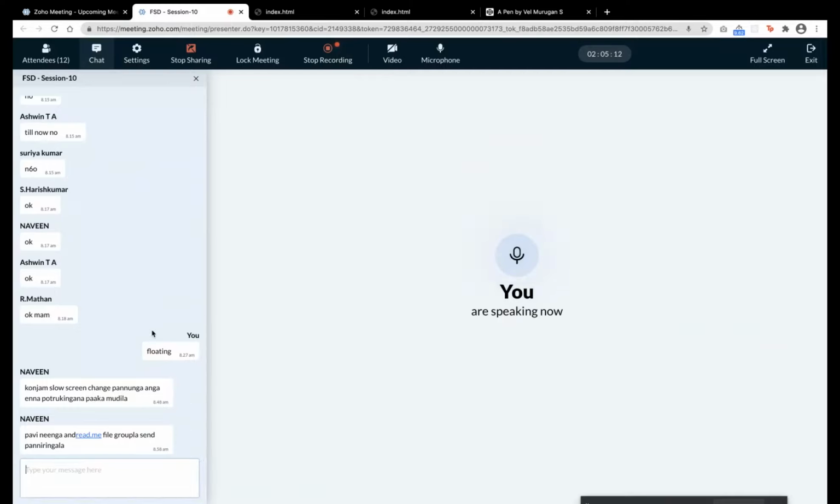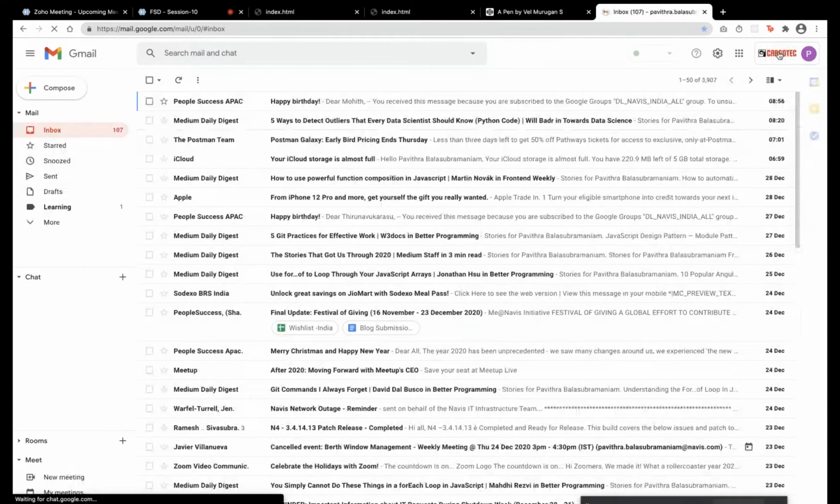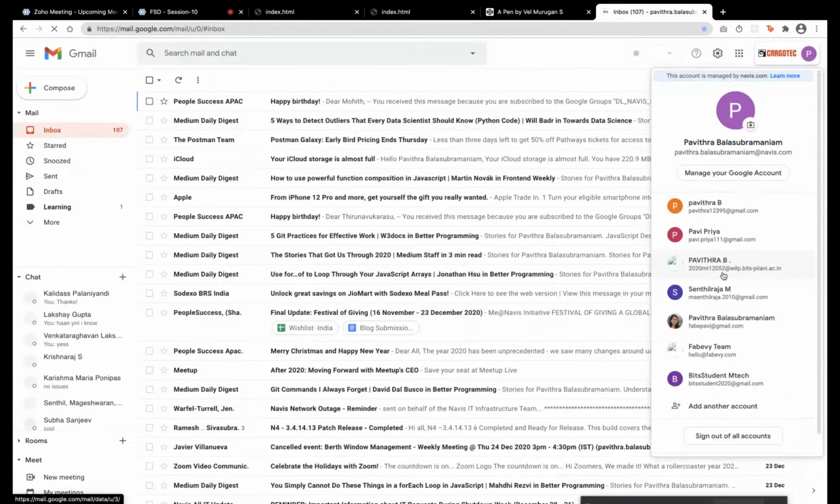Pavi, Ninga, the readme files, I am sending daily. It is in the Gmail. I told you the first day itself, right? I'm sharing the files with you guys in the files folder. I'm sending it. Please look, the readme was put there only for you. The readme file, we have mainly designed this for you. It is not to teach, just to teach for me.